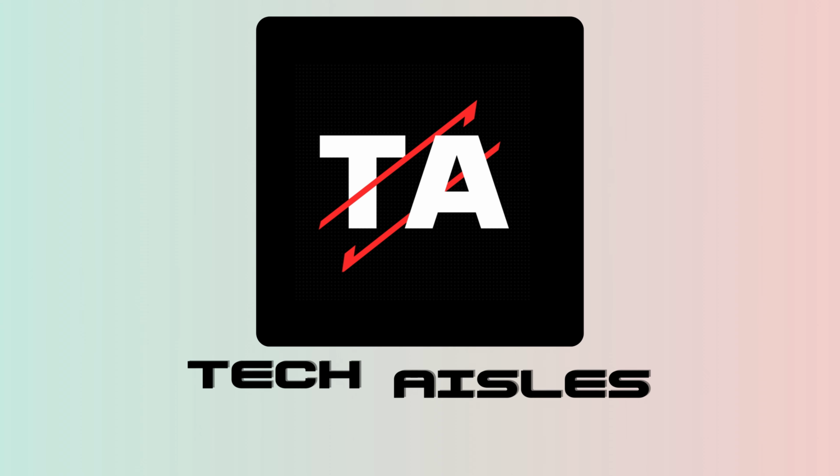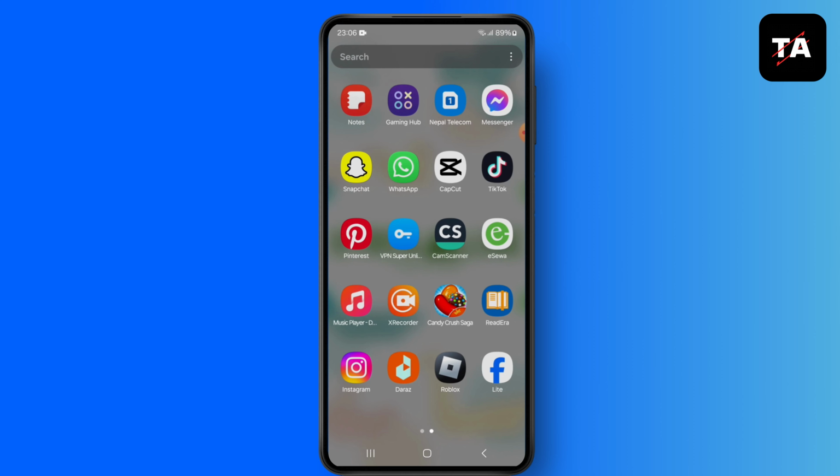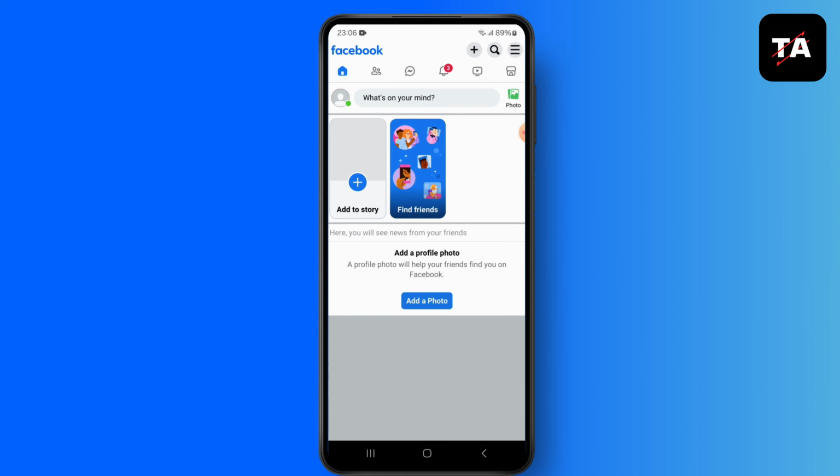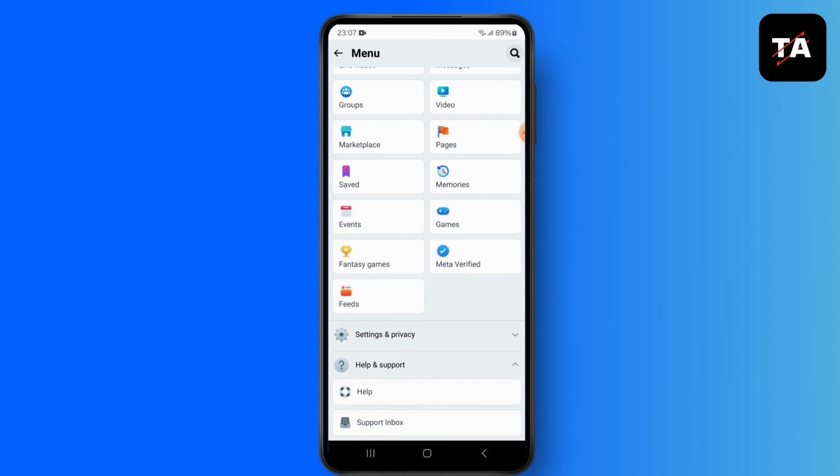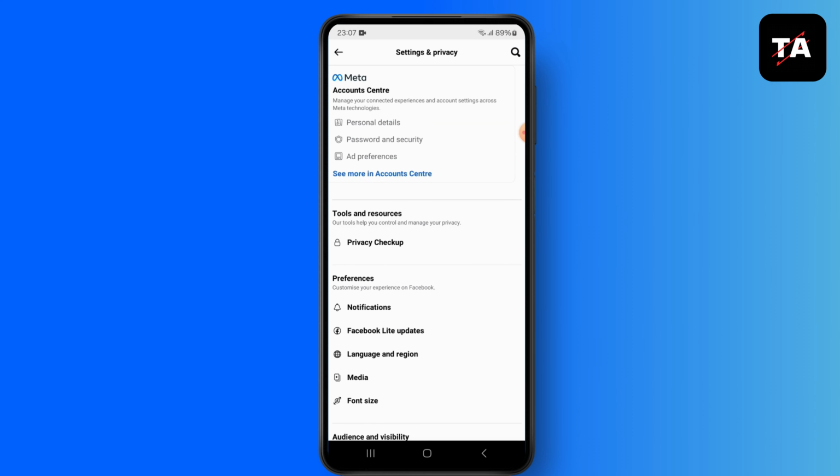Then let's get started. So, first of all, open the Facebook Lite app, and here on the top right corner of your screen, you can see three horizontal bars. So, just click there. And on Settings and Privacy, click there and click Settings. And here you can see more in Accounts Center. So, just click there